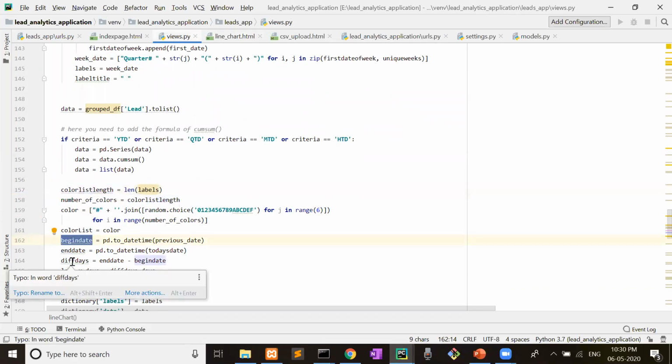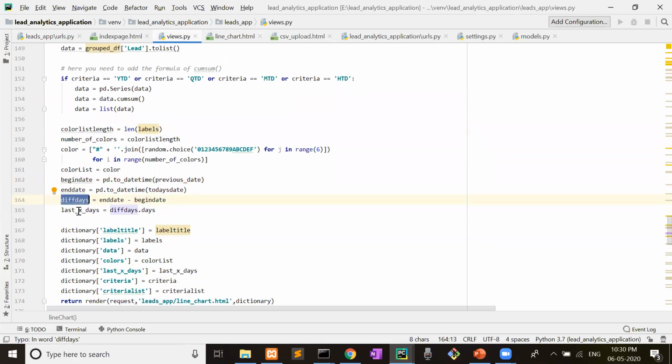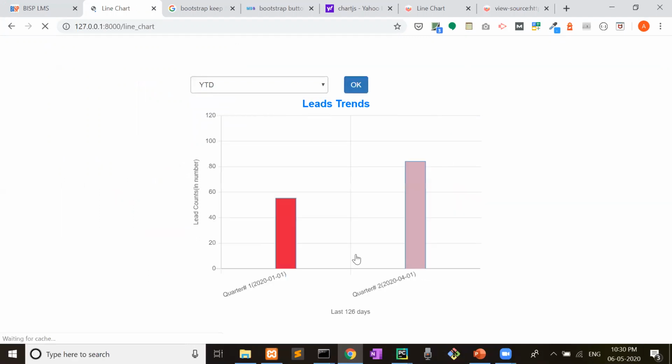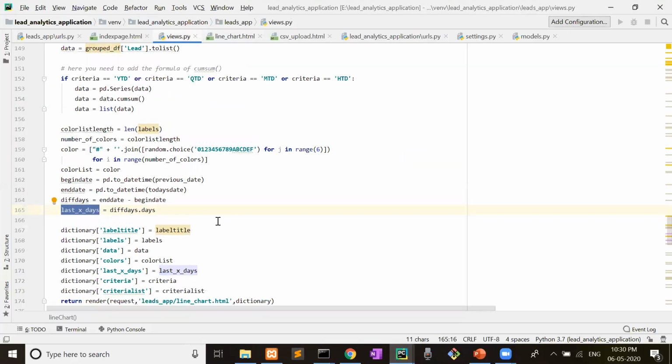Then the begin date, and the diff days, that is the end date. Last X days means, see here, it is written last 35 days. Suppose I write here YTD, last 126 days. So this is the last X days we have calculated as diff days.